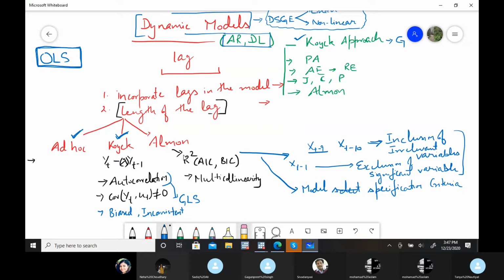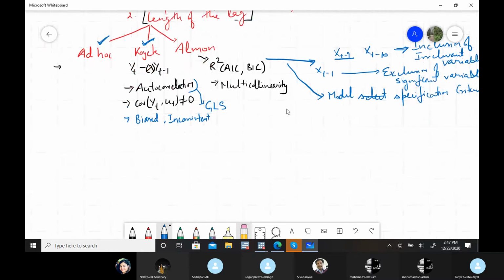So Sadiq sir, since you answered this question, in the Koyck approach, how is it answered for all the lag lengths, because we don't know whether it's xt minus 1, t minus 2, t minus 3, t minus 4? Let me give this example. Suppose our problem is a function of not only xt but all the lag values: xt minus 1, xt minus 2, xt minus 3, xt minus 4, and so on.